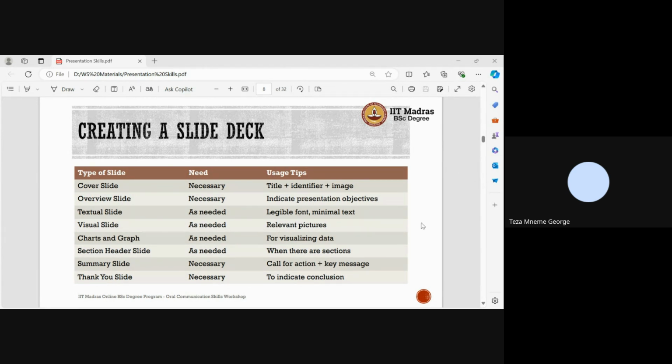Whatever those pictures are, they should not be copyrighted pictures. They should be from the Creative Commons. Okay? It is also ideal to customize those pictures as per your need. Make it yours. Sometimes you have a couple of really useful icon or clip art images, which can be very, very helpful for slide design. But you can download them. They're not copyrighted, so you can download them. But you should also make it yours, customize them, edit them on your own, such that they serve your purposes of the presentation. Clear? Charts and graphs can be